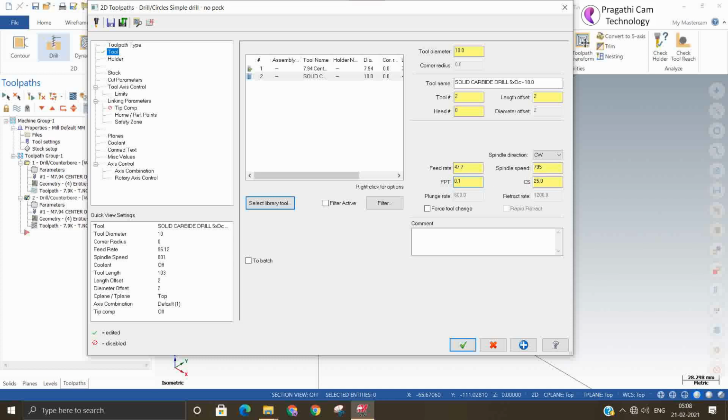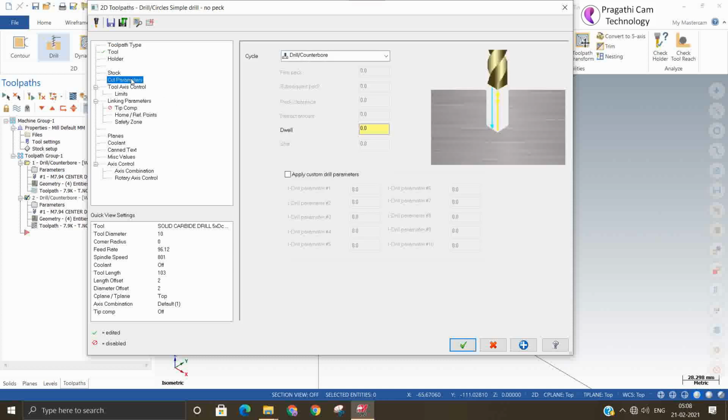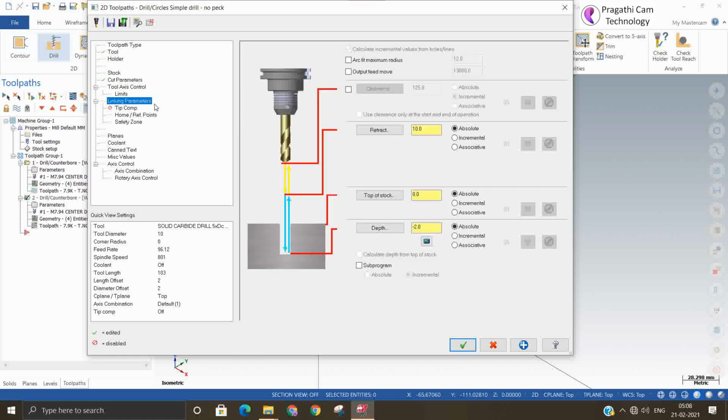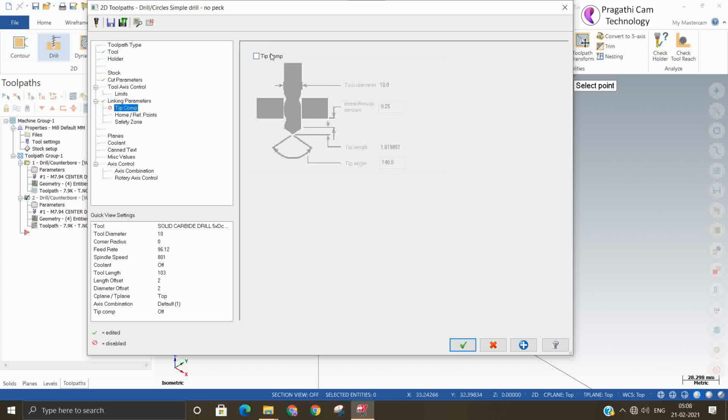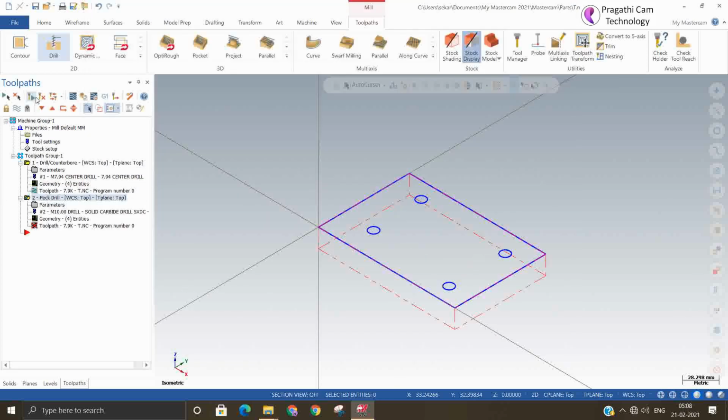You can change to peck drill. First peck you can give 4 mm. Here depth will be minus 20. You can switch on the tip compensation. If we regenerate and simulate and see.